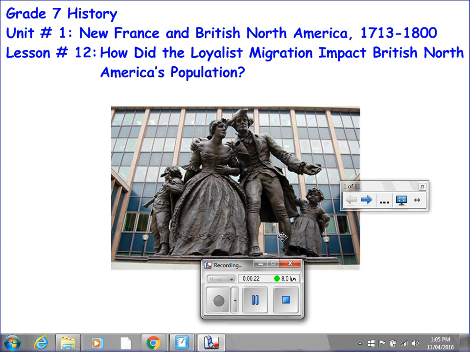I just want to direct your attention for a minute to this picture here. It's a picture of one of many statues depicting Loyalist families, which can be found throughout Canada. And it might be interesting to take some time to consider whether you've seen a statue similar to this before. I may not have known at the time what exactly that statue represented. And keep in mind when you're out on your travels in the future, take a look and see if you see a statue such as this one here.